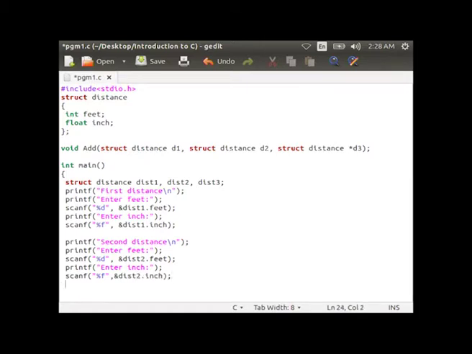Then you call the function add with parameters dist1, dist2 and &dist3.